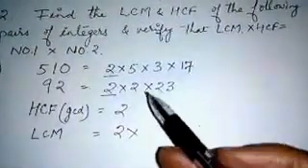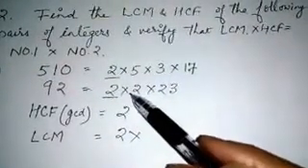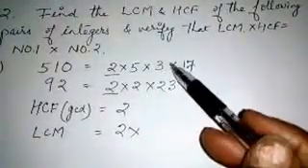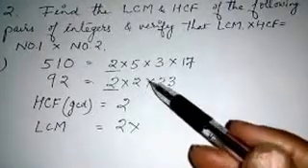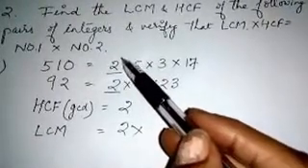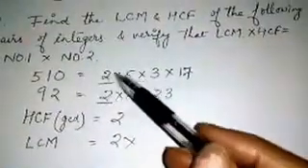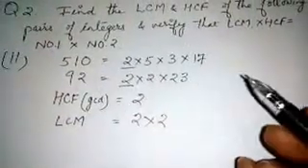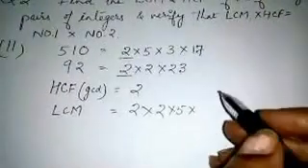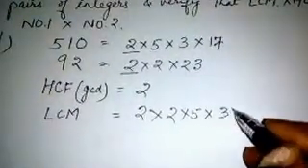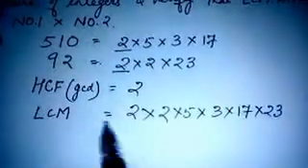But here there is one thing. In the first step it's written 2, in the second step it is 2 squared. So for LCM, we select all varieties of factors but with the highest exponent from every step. Like here 2 has power 1, but here 2 has power 2. So these two will be selected. So here we can write 2 into 2. And then next you have 5 only at one place, so 5. Then 3 is also at only one step. Then 17. Then 23. This is the HCF and LCM.